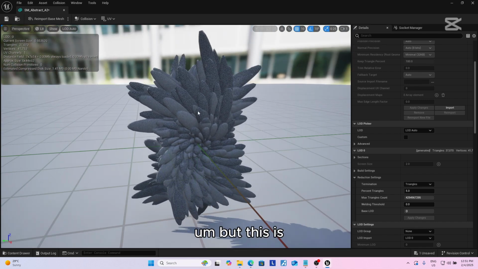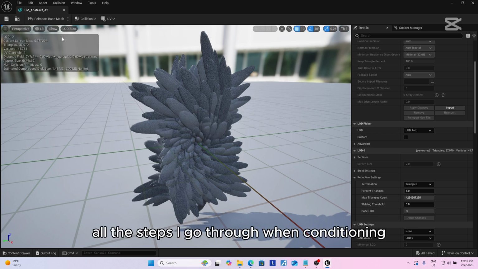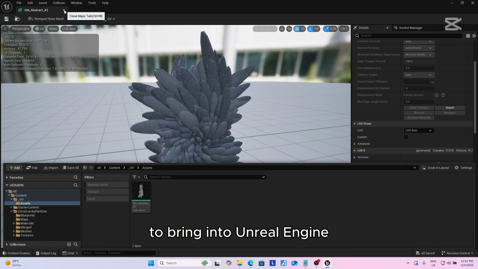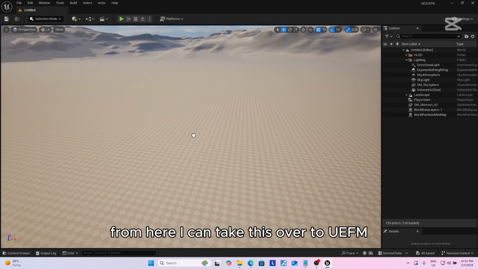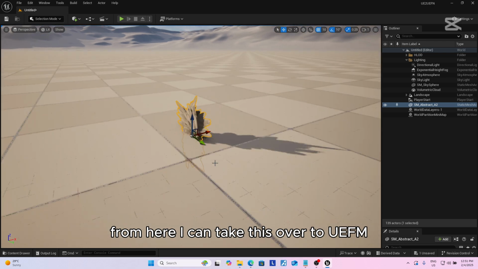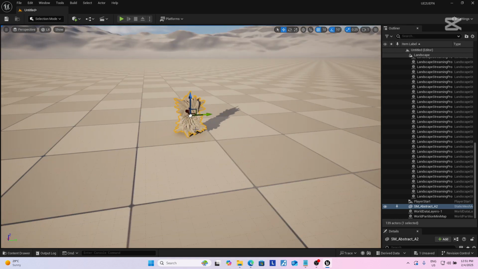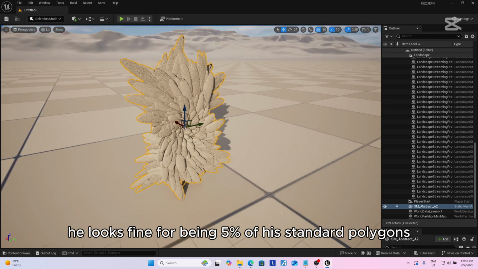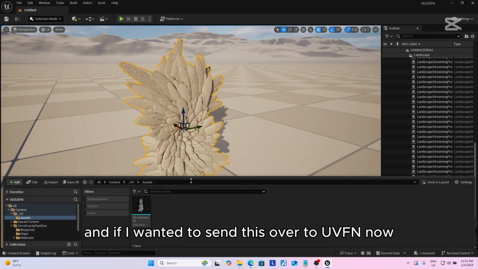All of which is absolutely material for another video. But this, however, covers all the steps I go through when conditioning assets from third-party programs to bring into Unreal Engine. And from here, I can take this over to UEFN. Look at this beauty. Check him out. He looks fine for being 5% of his standard polygons. And if I wanted to send this over to UEFN now,